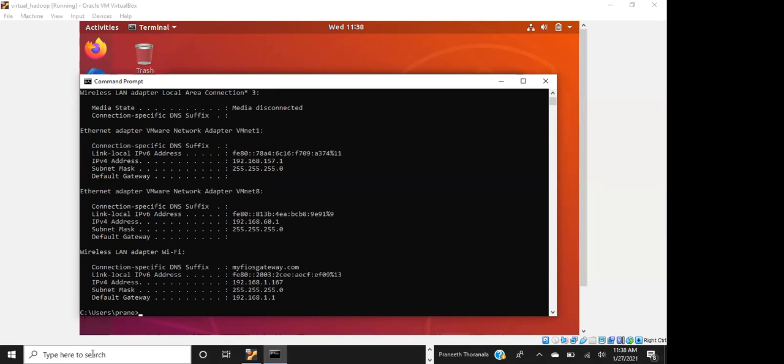The IP address should start with the 192.168 range so that you will be able to connect from your Windows machine.